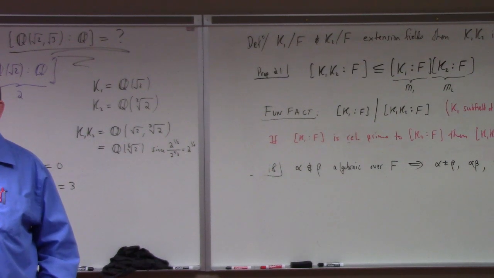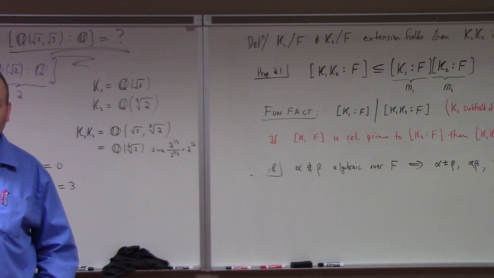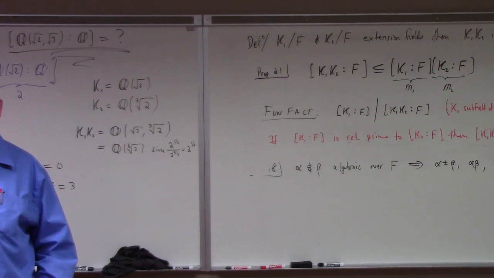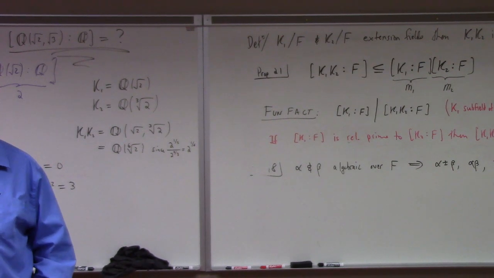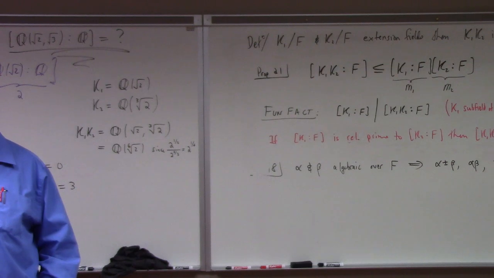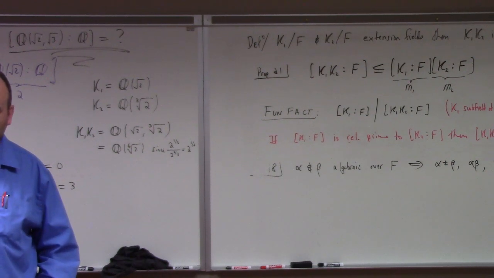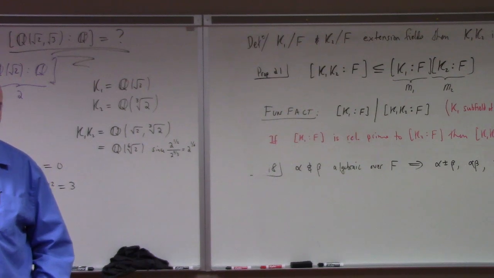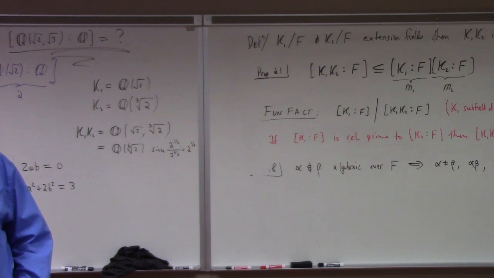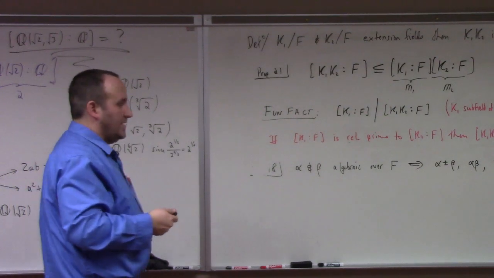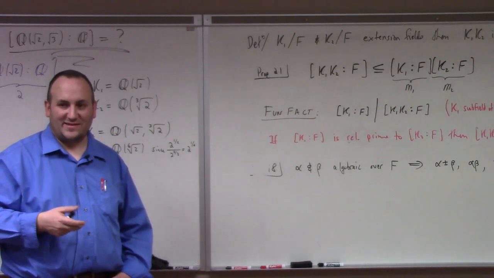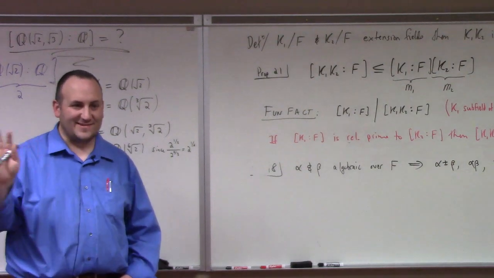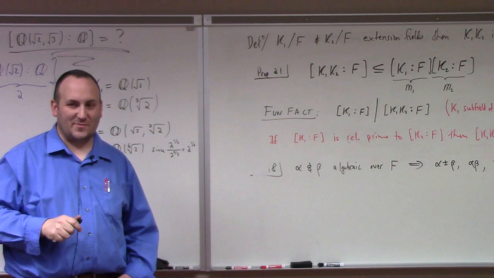And then arguments are given which show you that doubling the cube or trisecting the angle do not amount to an even power degree extension of the rational numbers. In fact, doubling the cube is like a third order extension, and trisecting the angle also amounts to a degree 3 extension. Therefore, it's impossible to double the cube or trisect the angle. The proof, though, is mired in this stuff. I won't actually do the geometry stuff in here. I'm just going to claim it and wave my hands a lot. I leave the compass and straightedge stuff to